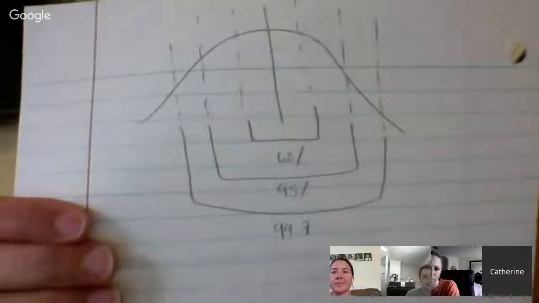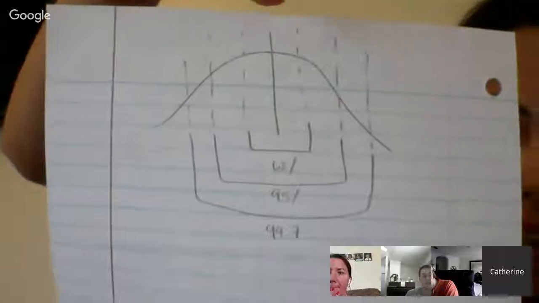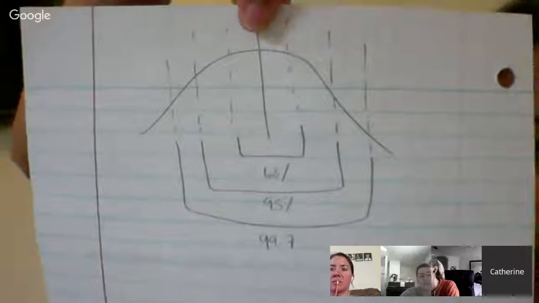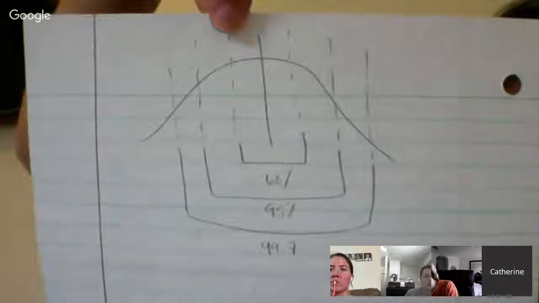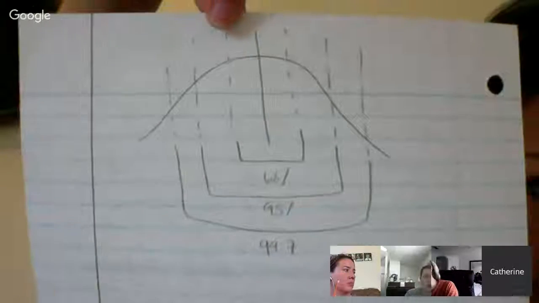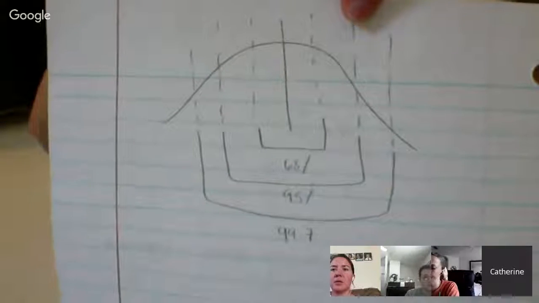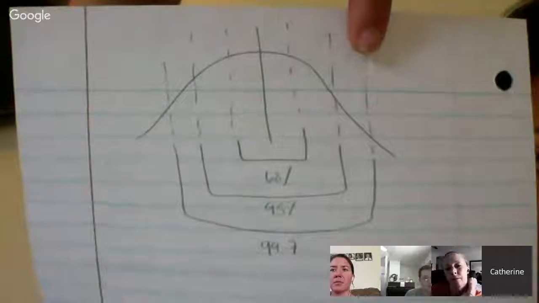All right, this isn't the best drawing, but okay. That right there is either the z-score or the mean, depending on what you're looking at. This right here is the first standard deviation away from that, and that's 68%. The next deviation after that is 95. And this one and that one are the third deviation away, and that's 99.7.